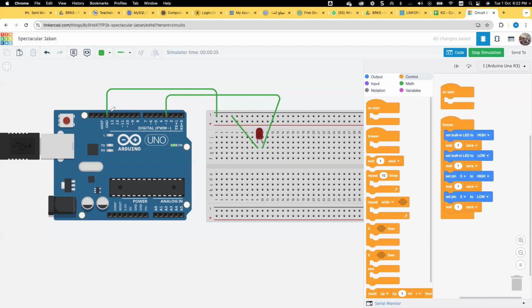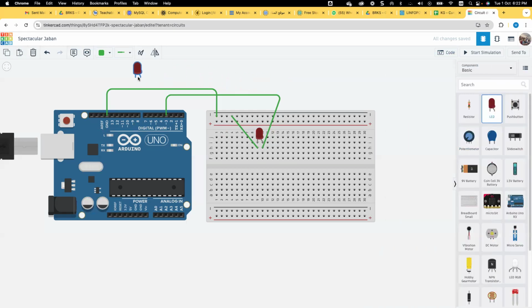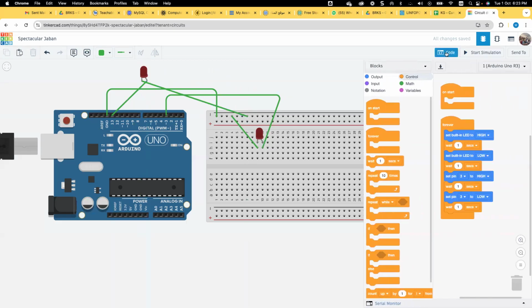Look what I'm going to do. I'm going to take an LED. I will connect the anode to 13 and the cathode to this row. And if I click on start simulation, you can see clearly that this LED and this LED are blinking together.